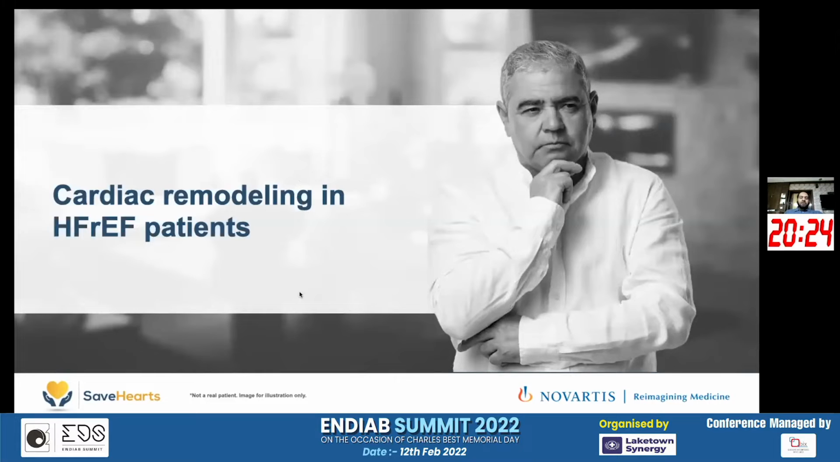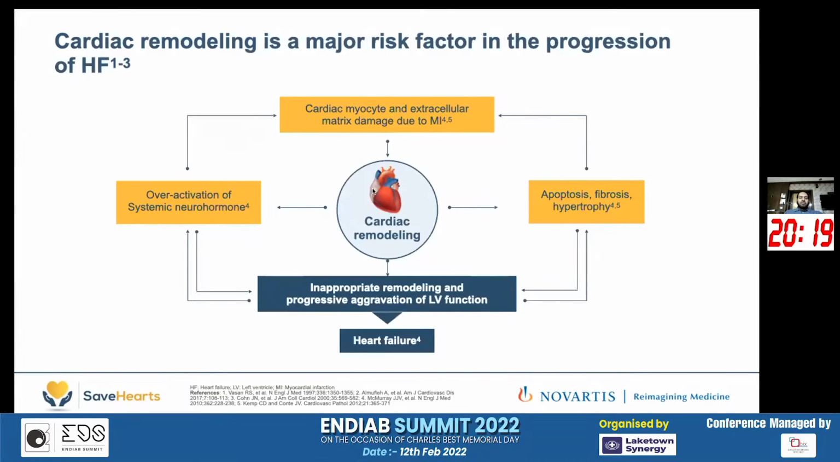So cardiac remodeling in heart failure is now a major target of treatment with all our other drugs, and this remains a major factor in prognosis in patients with heart failure. And as I said, it's a vicious cycle. Once you have myocyte damage and matrix damage due to a myocardial infarction, and this is the commonest cause of LV dysfunction in the majority of patients worldwide, ischemic heart disease and old myocardial infarction, and this produces a